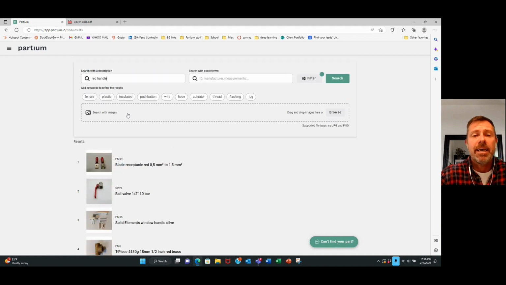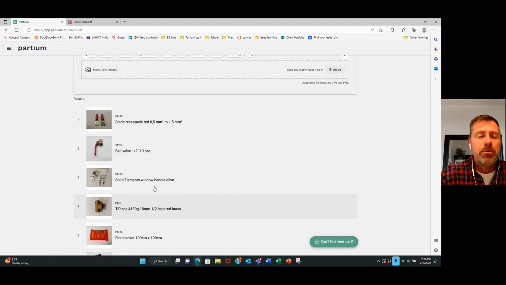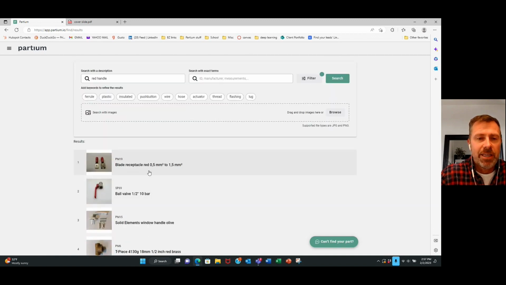So it is literally taking the text, aligning it with images and text within the master data, and it's selecting the high probability based on the ratings of what has a red handle within the master data. Again, very powerful, and it shows too that the user doesn't necessarily need to know exactly what the part number is. It's very useful, user-friendly, and again, quicker to be able to identify,